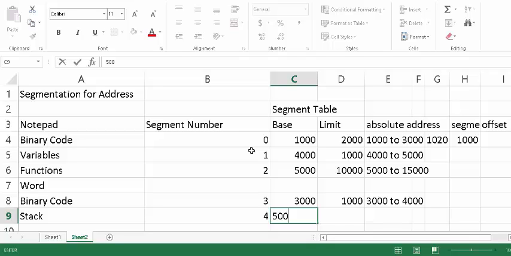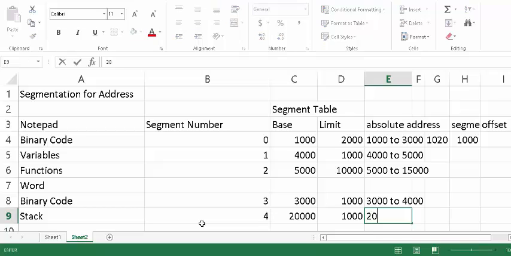I can have different segments and say, okay, 2 or 3 people should share the same program code, which is logical. Because if I have Notepad running multiple versions, it will be good to what? All of you share the same program code. But maybe you have different variable segments. And so, let me move this guy to a higher number, 20,000, 1,000. So let's go from 20,000 to